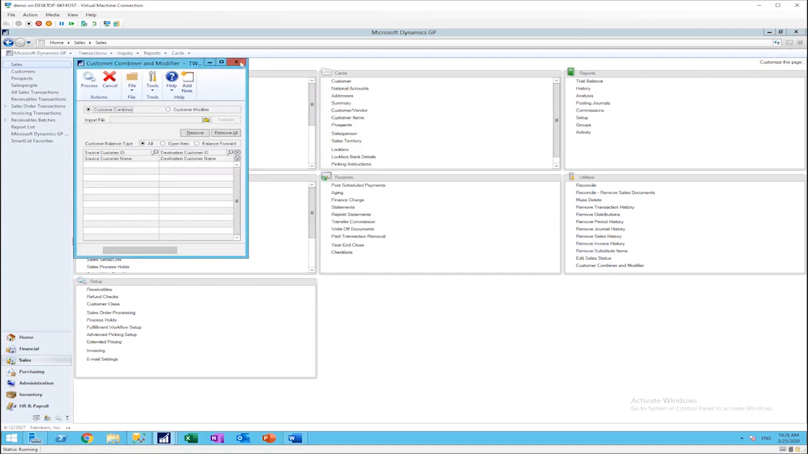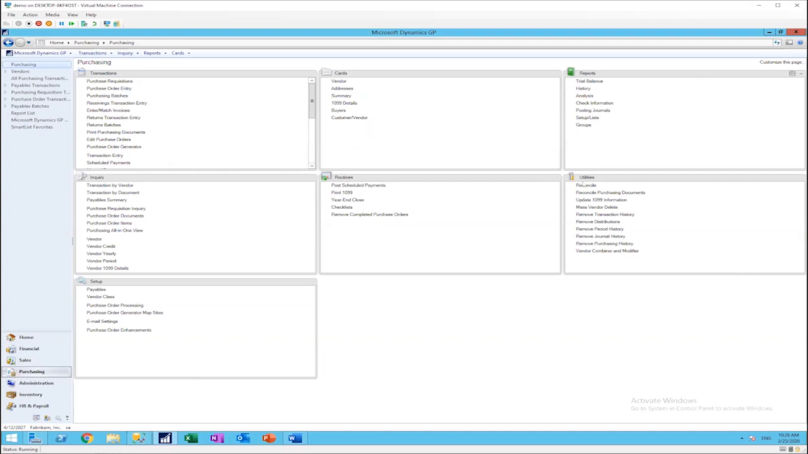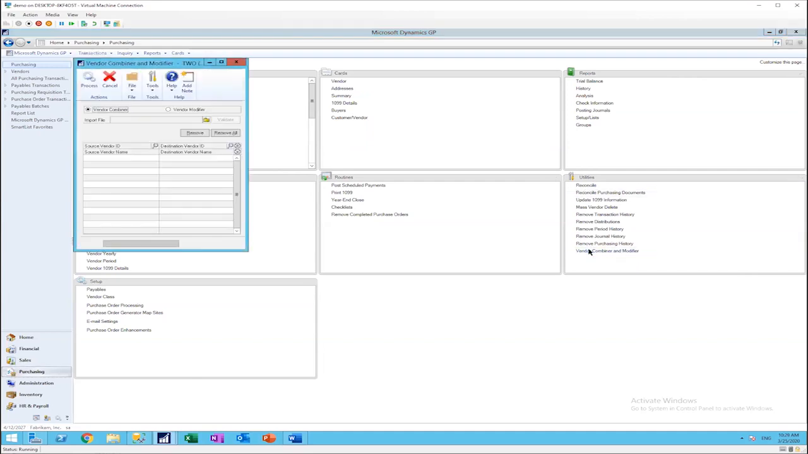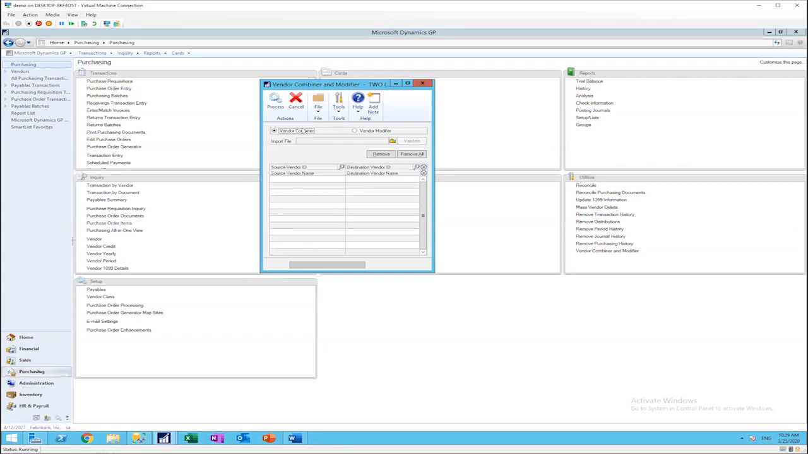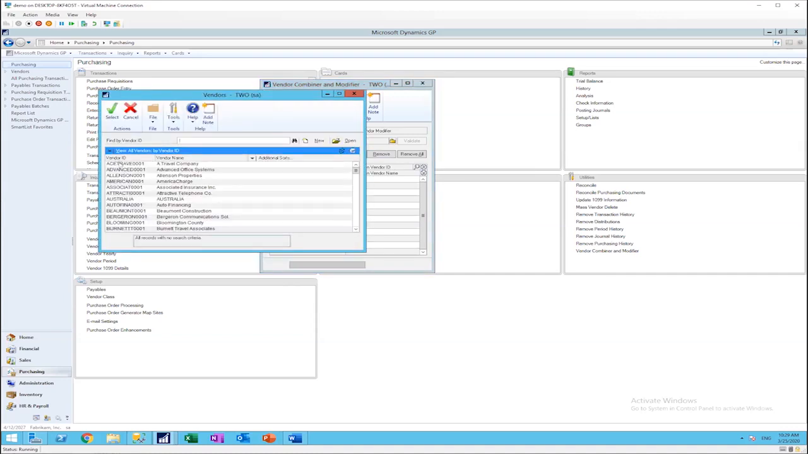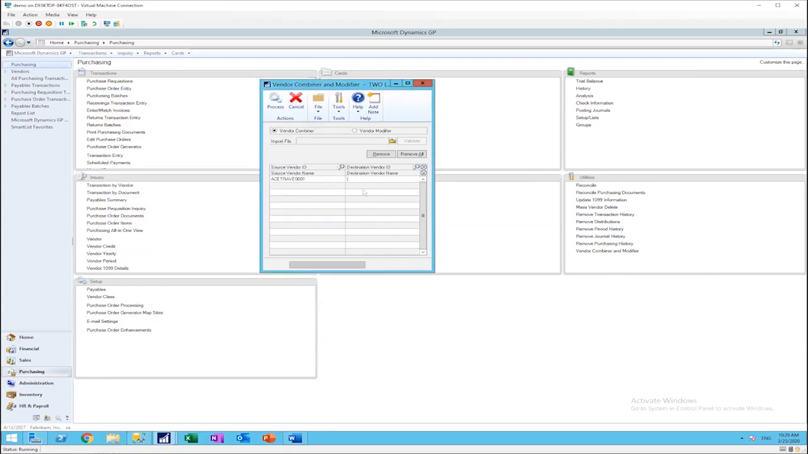And you also have the same functionality for vendors. Under the utilities section, you can also combine vendors. So by selecting the vendor combiner, you can even modify an existing vendor within the system. All right, so you can combine a particular vendor by selecting one vendor. And before I do this, I would like to show you guys,